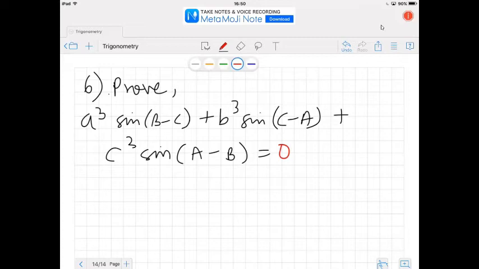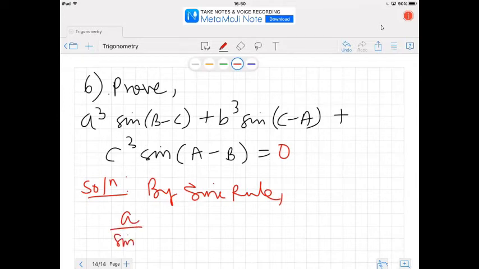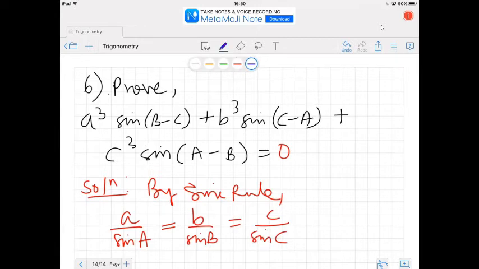So obviously I'll start with the left hand side. ठीक है. Before that, let me again write the sine rule. Okay, for the solution, let me state the sine rule. So by sine rule, small a upon sine of capital A is equal to small b upon sine of capital B, that is also equal to small c upon sine of angle C. Okay, and like we did in the last question, I will assume the ratio to be equal to k. K is some constant. Okay.